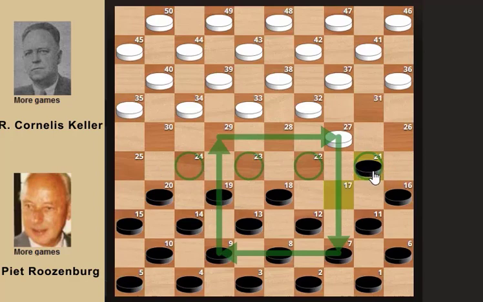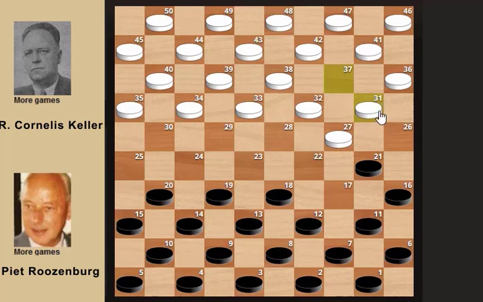Roozenburg decided to play 17-21. And then Keller moved his piece from 37 to 21. And Roozenburg replied to this move by moving to 26. So he played 21-26. If we draw the square,